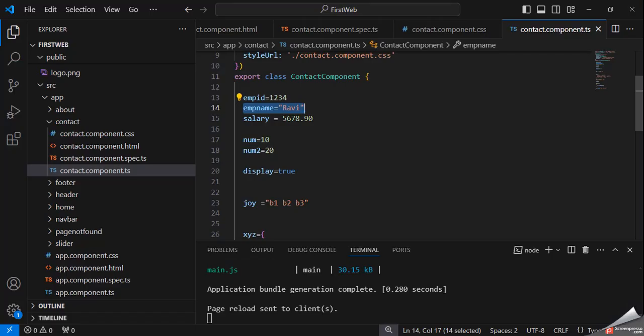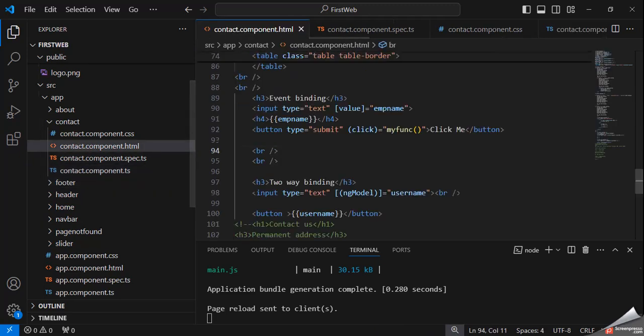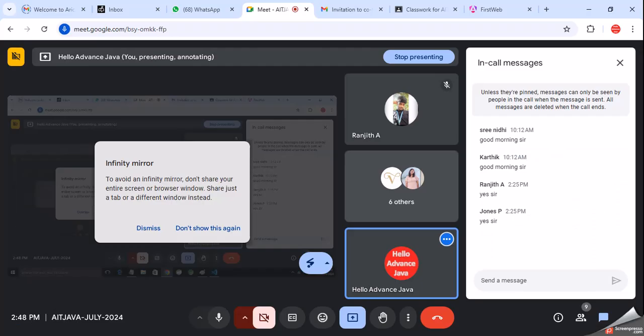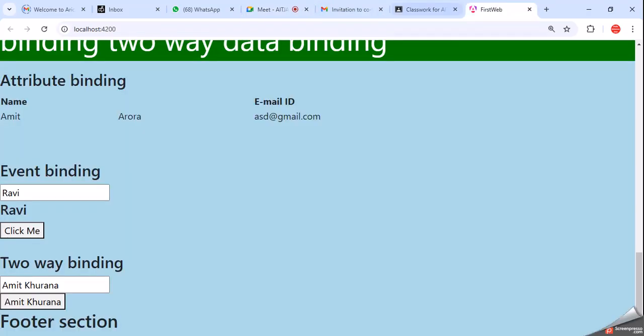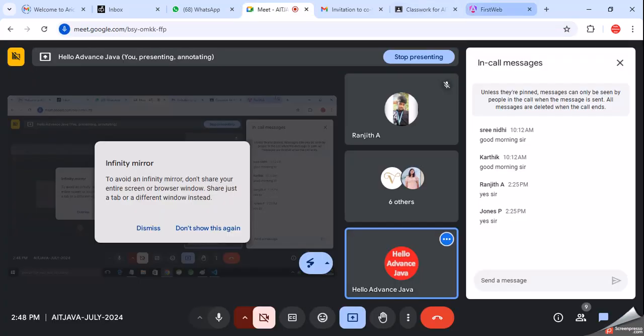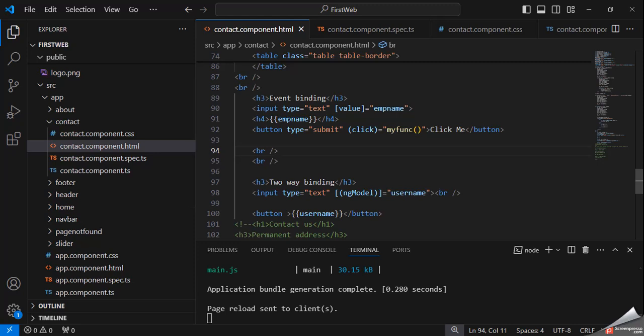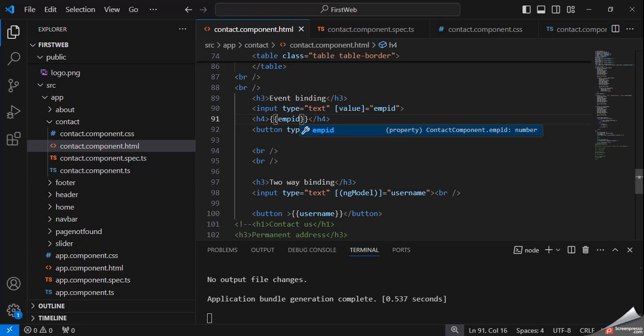So here I have declared employee emp name is equal to Ravi. So here declare emp name, and it will show Ravi. If here I declare it as emp ID, okay, it is not.